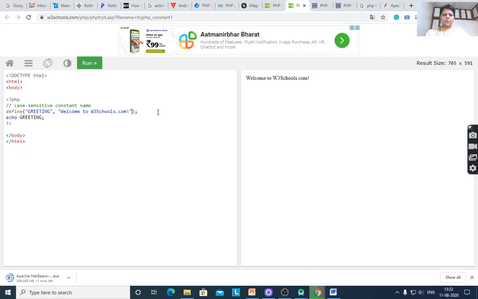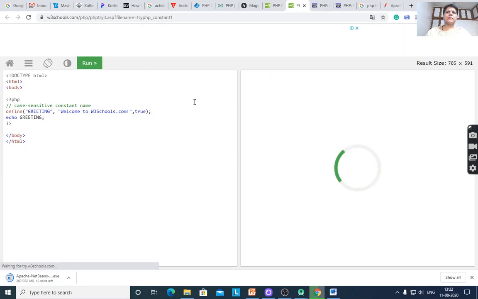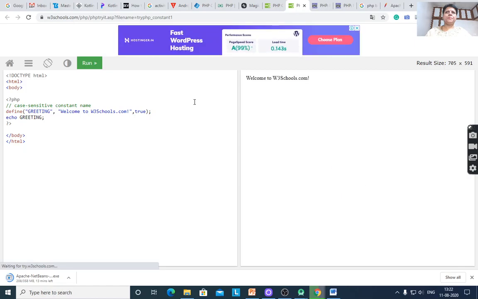If you place true here, then after execution it will take the value as it is.